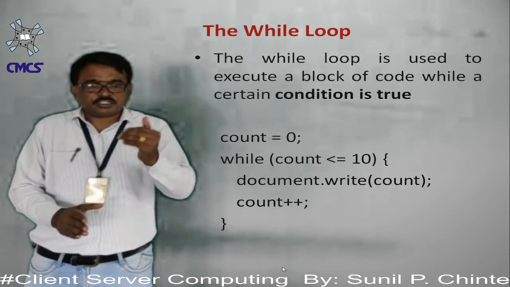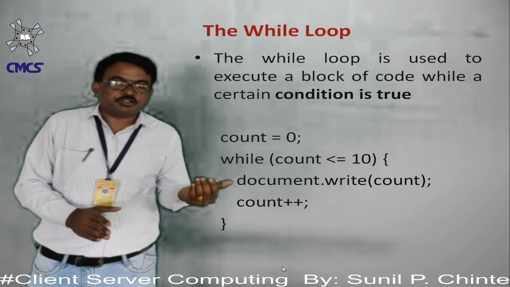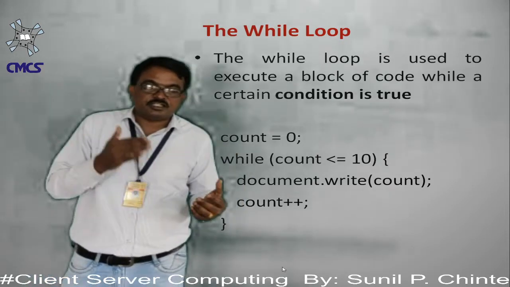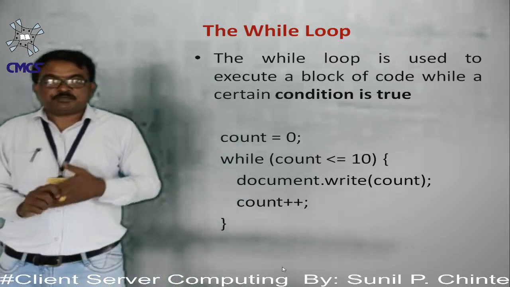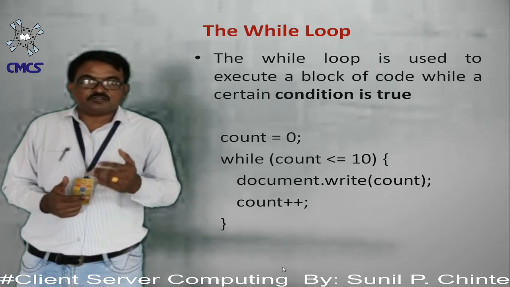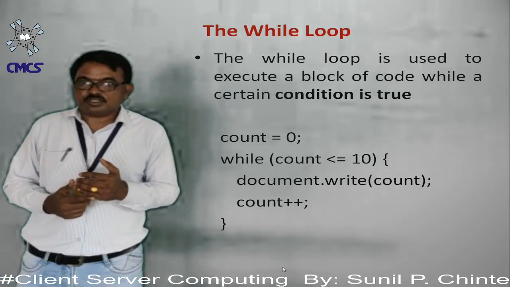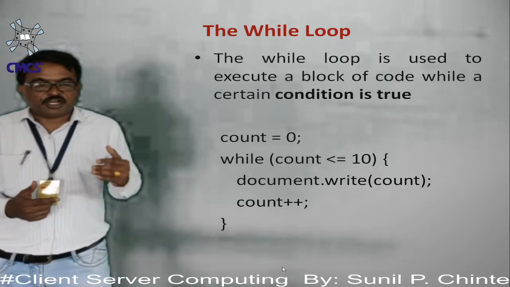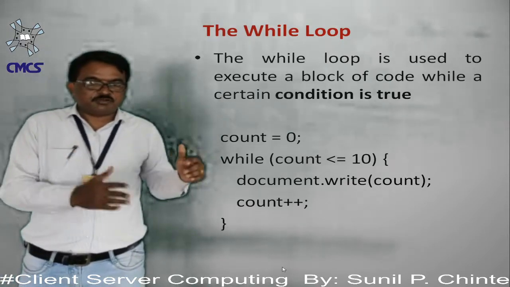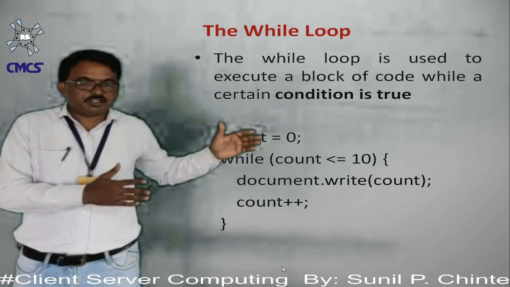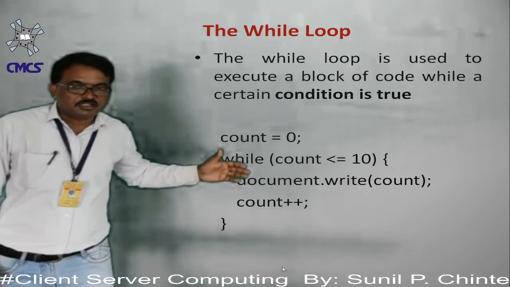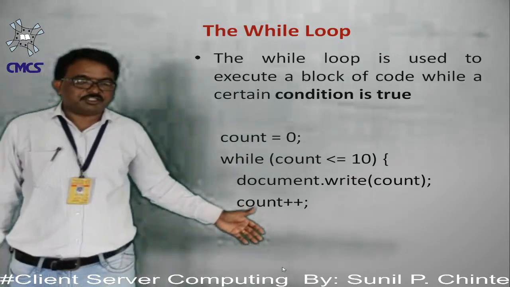और पोस्ट टेस्टेड को हम एग्जिट लूप भी बोलते हैं. मींस एट द एग्जिट लेवल द कंडीशंस विल बी चेक. तो प्री टेस्टेड लूप के अंदर आता है व्हाइल लूप. ओके, तो व्हाट इज व्हाइल लूप? इन अ व्हाइल लूप द कंडीशंस विल बी चेक. इफ कंडीशंस विल बी सेटिस्फाइड, द body of loop will be executed.